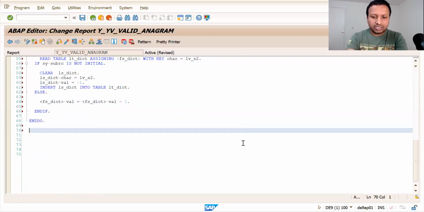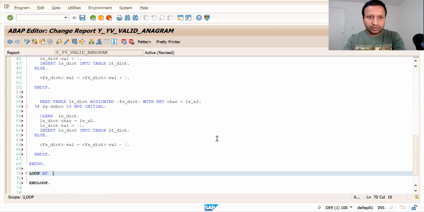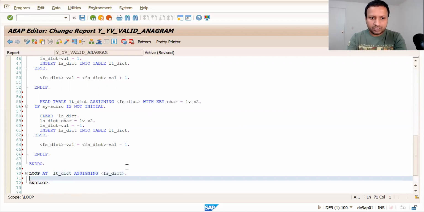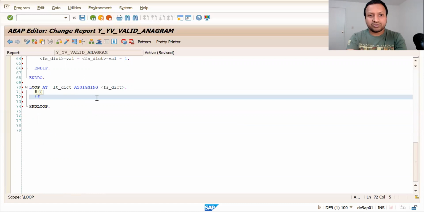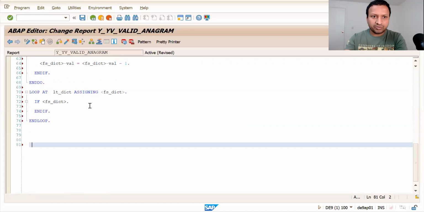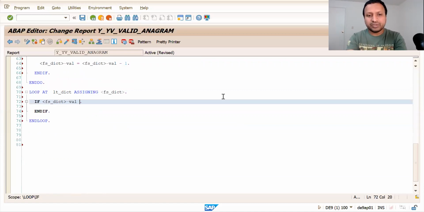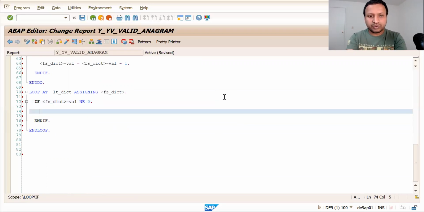So what we do finally is we'll loop through this internal table, assigning fs_dictionary. Here, if fs_dictionary-value is not equal to 0, what we would do is take some boolean variable, say abap_true.